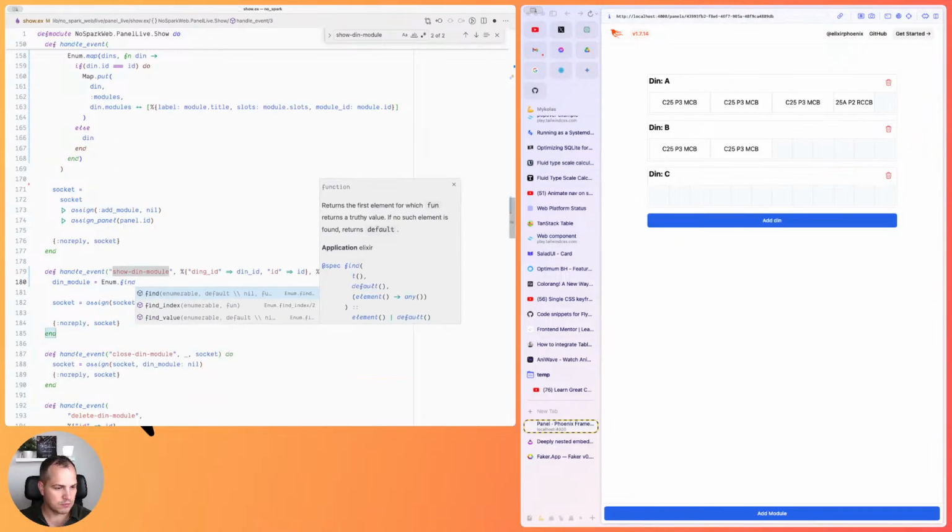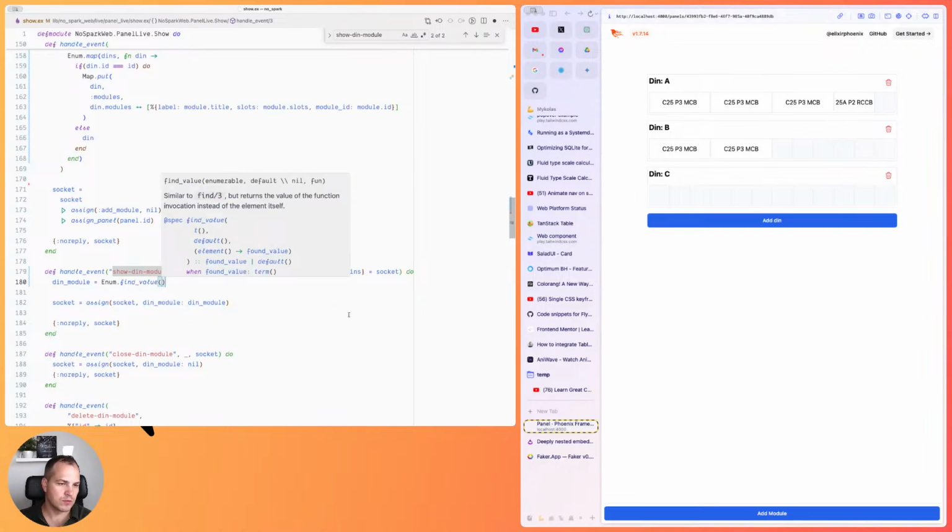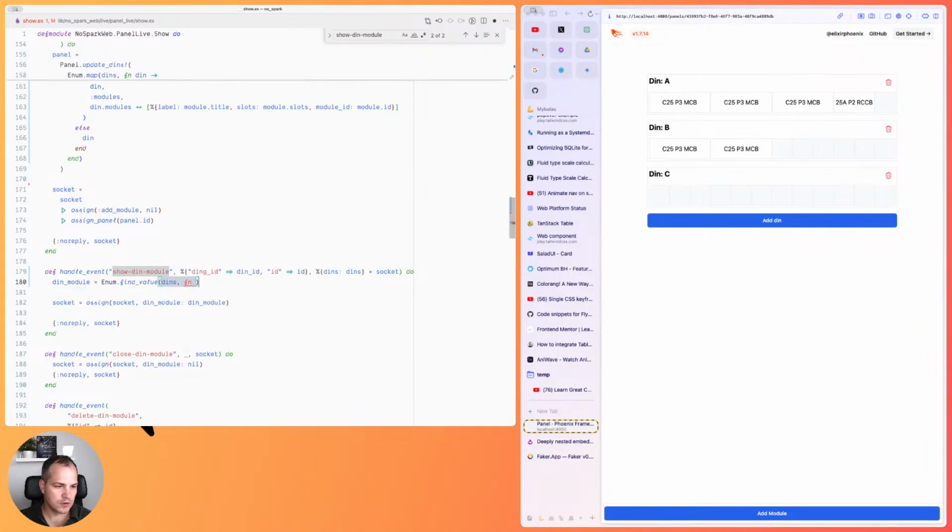Is it find value? It's the value of the function invocation instead of the element itself. Default. Find value. Okay, let's find value. So this is going to be dins, then